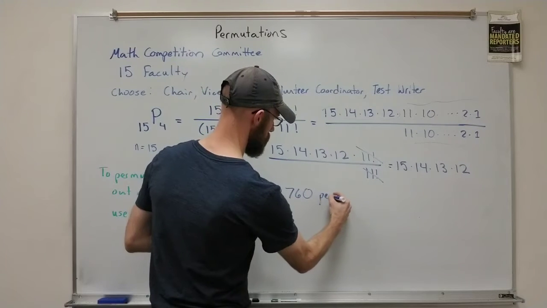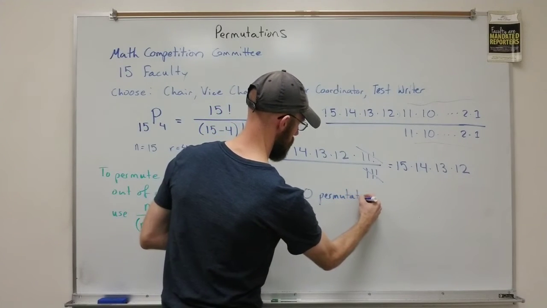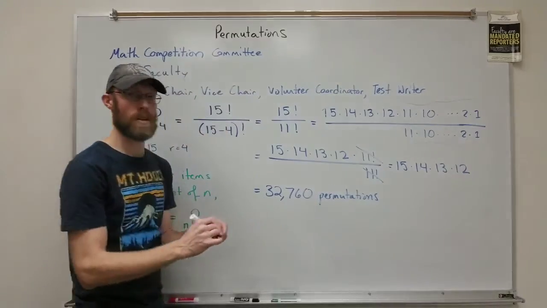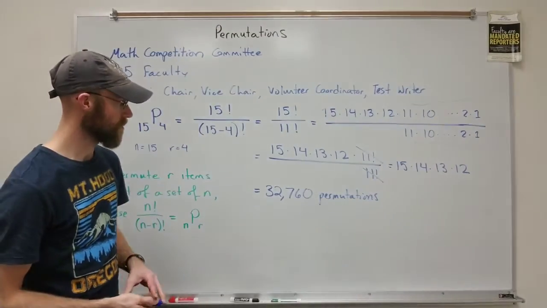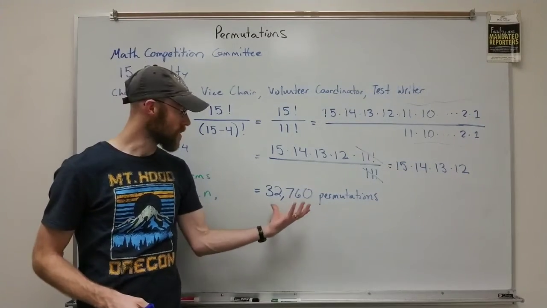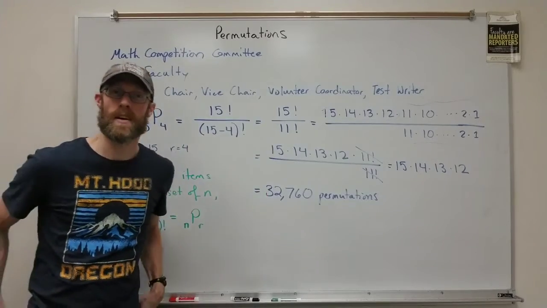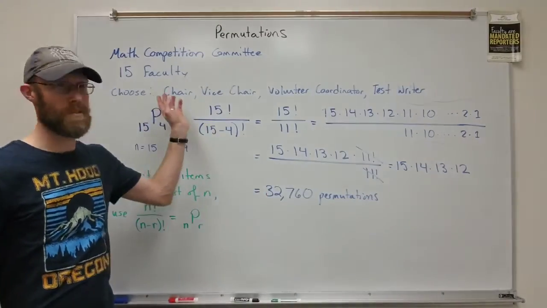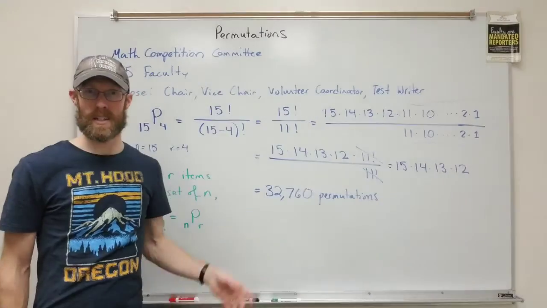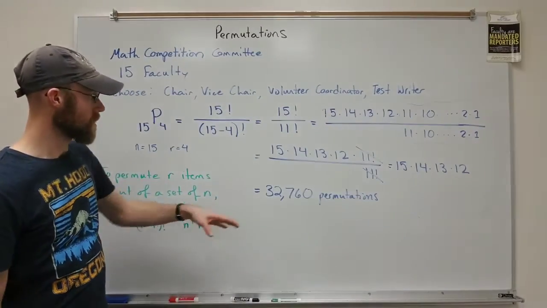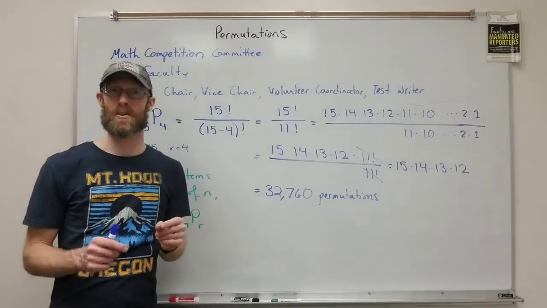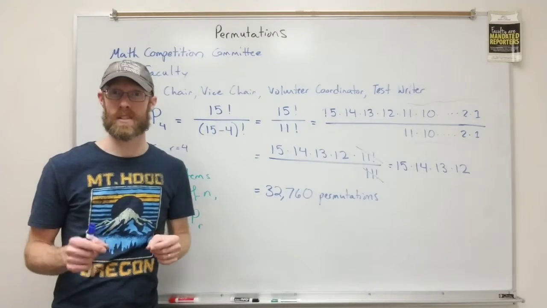32,760 permutations. All right, well that is a lot of permutations. And you can see that that's a lot just for 4 different faculty out of a 15-person division. That's quite a few different permutations. And so you can see how you wouldn't want to just do it by trial and error,